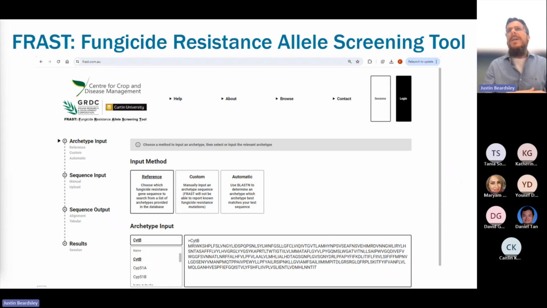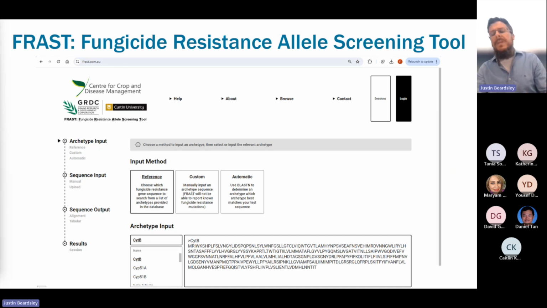So we basically assign archetypes, so diseases or pathogens that are the template for these mutations, and then you can align your sequences there. It's just basically a blasting tool. This allows you to identify whether a mutation that you have recently found is actually already described in the literature or not. This is just an example.